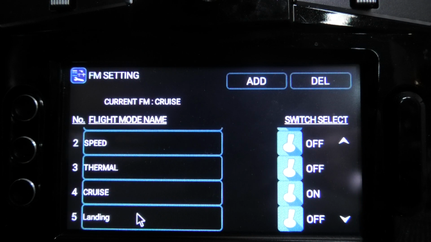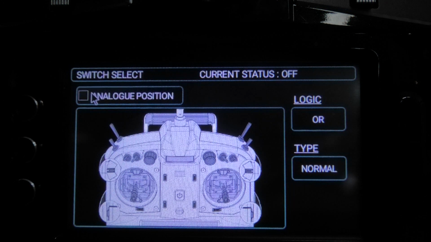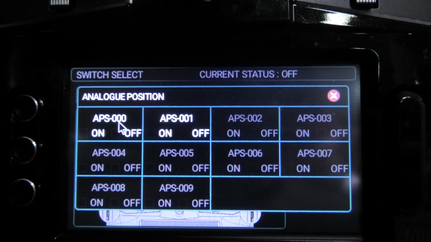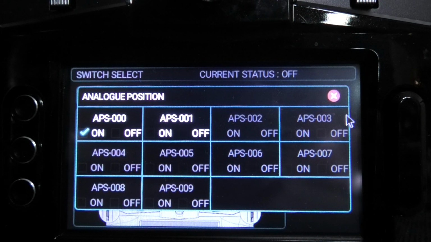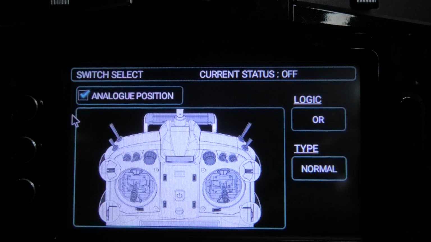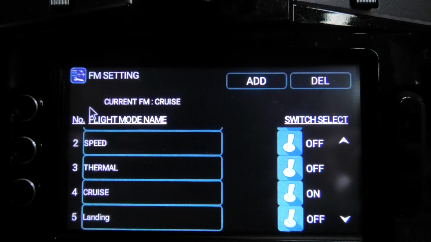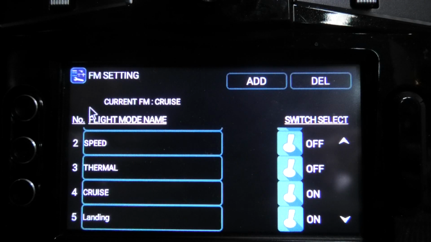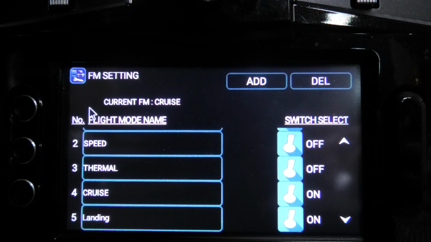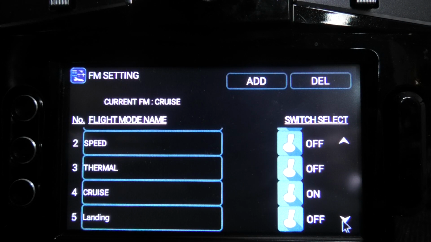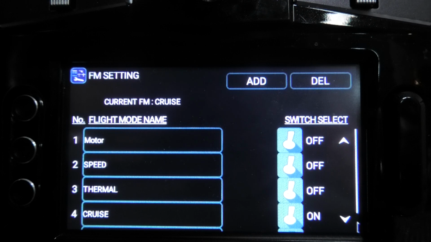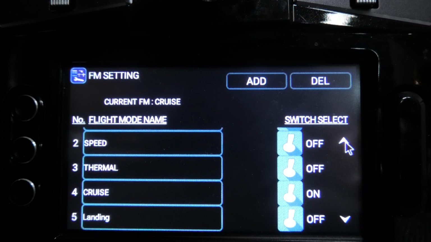And if we scroll down to the landing, we can select an analog position, which was 000. We'll select that. And let's test our landing. And it's not working because it's the lowest priority. And the more flight modes you add, the more you have to play with the priorities and possibly set up